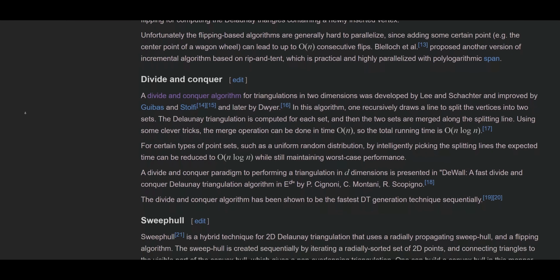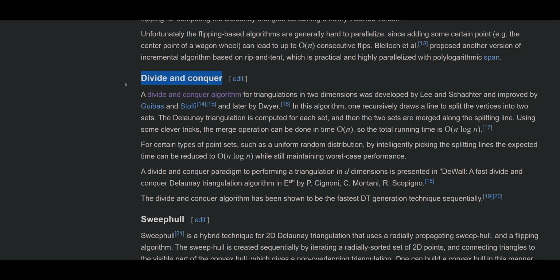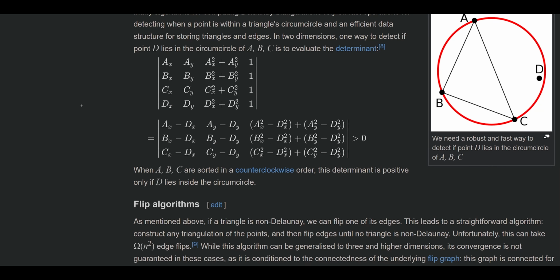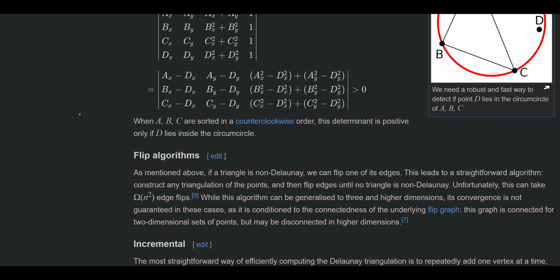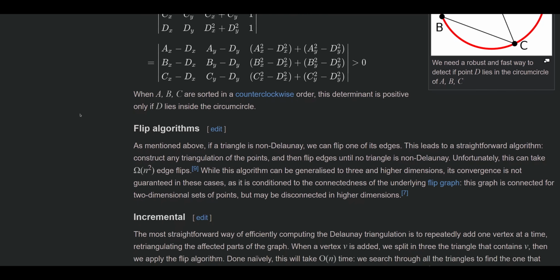Now, the next type of algorithm is the divide and conquer algorithm. This is not an algorithm itself, it's just a category for a few different algorithms that people have invented. The best option here, in my opinion, is the Dwyer algorithm, and I will post a link to the GitHub page of this algorithm in the description. And the next type of algorithms that I want to mention is the flip-based algorithms. Again, this is a category, and I will post some links in the description to some papers on the flip-based